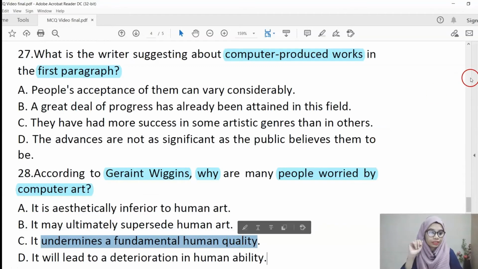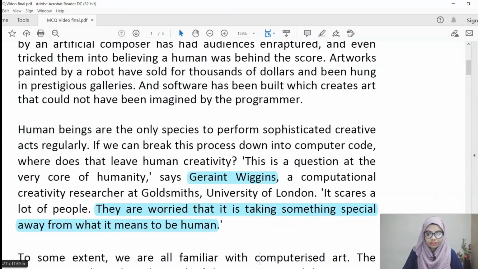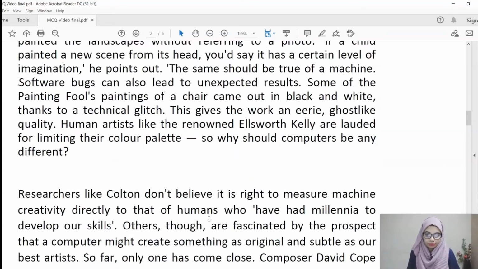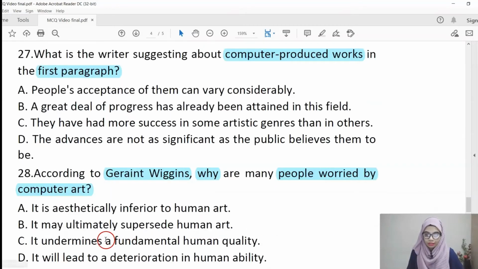Let us go back and read what the passage is saying. They are worried that it is taking something special away from what it means to be human. So does this sentence say that the computer art will become more important than human art, or it will become more famous, or it will supersede human art? No. So taking something special away from what it means to be human. So which option goes better with the question? Undermines a fundamental human quality. This is the answer, because